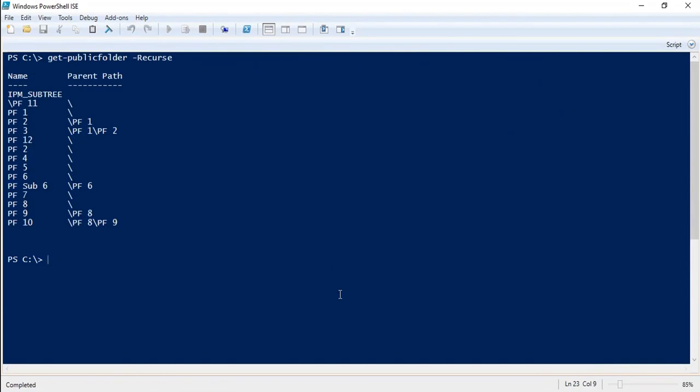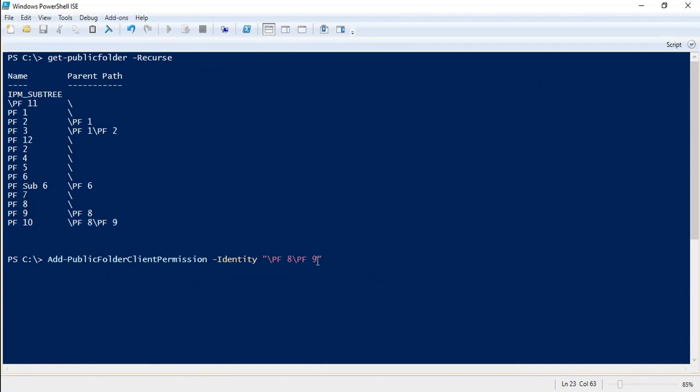If you want to assign public folder permission on a child public folder, for that you can run Add-PublicFolderClientPermission -Identity, and under identity you can mention the name of the public folder including the path of the public folder.